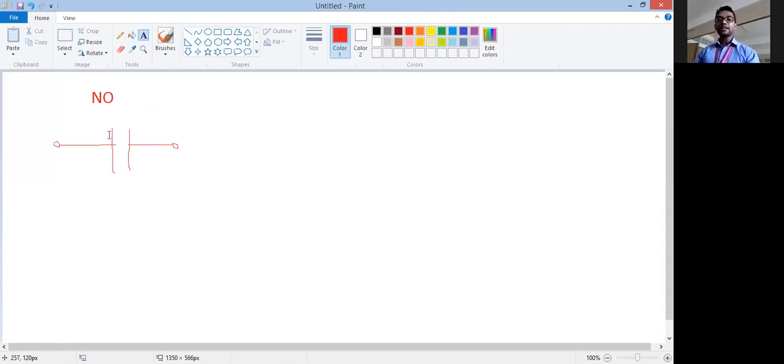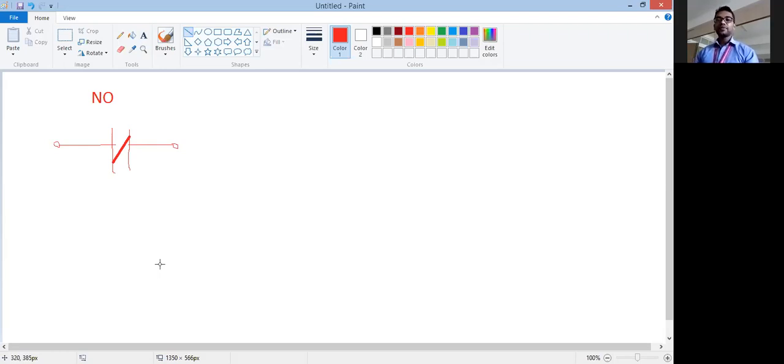And when binary 0, that is logic 0, is given to this NO contact, then current does not flow because it is open. So you can say when logic 1 is given, a virtual contact is created between the two vertical plates, so current starts flowing from left to right.